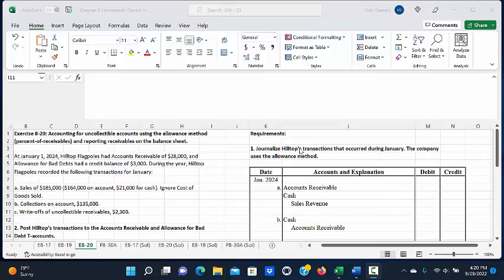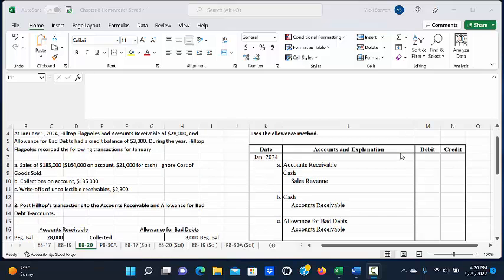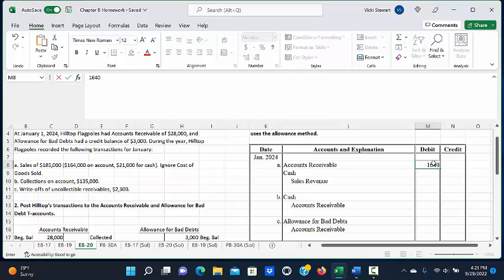In the first requirement, it asks us to journalize Hilltop's transactions that occurred during January, and the company uses the allowance method. So in Part A, it states that Hilltop had sales of $185,000, $164,000 were on account, and $21,000 were for cash. So to record this entry, we would debit accounts receivables for $164,000, debit cash for $21,000, and we would credit sales revenue for the total